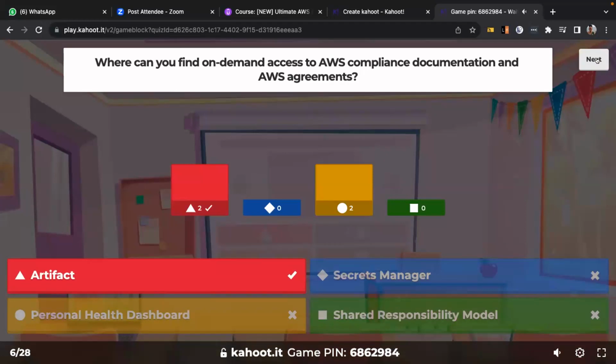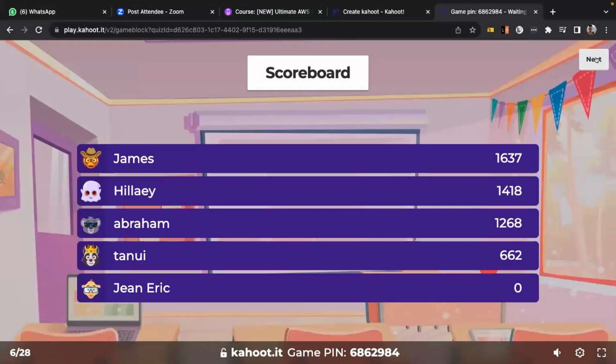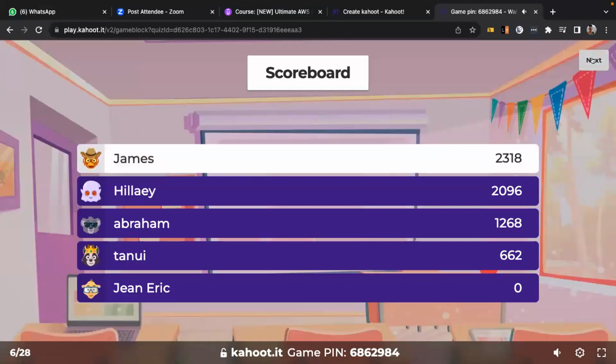With the Artifact service, that's where you can find AWS compliance documentation and AWS agreements, so that you remain compliant with the different compliance programs available. Someone said Personal Health Dashboard, but it's not really related to compliance, so it wouldn't be the case. So let's go to the next one.